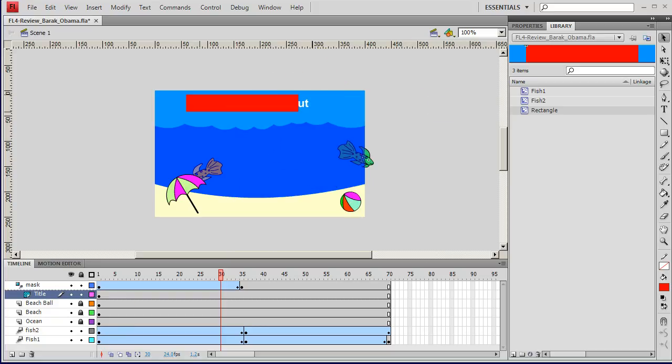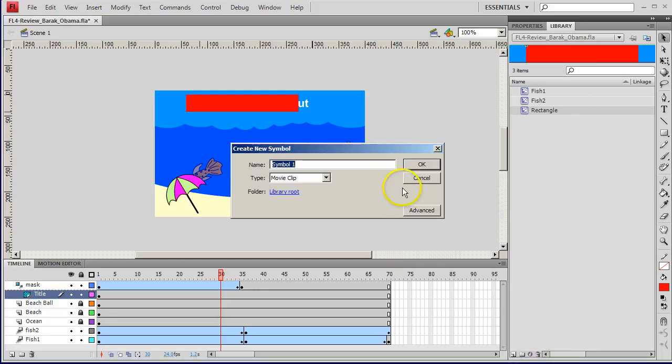Okay. So the next thing we're going to do is make our rotating thing across the bottom. So we'll make a new symbol. So in our library we'll make a new symbol, and we're going to call this rotating text, ROTATINGTEXT, and this is a movie clip type. We'll say OK,